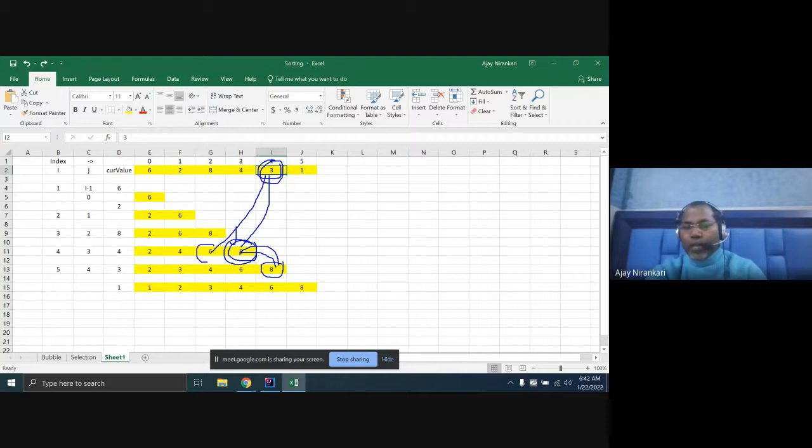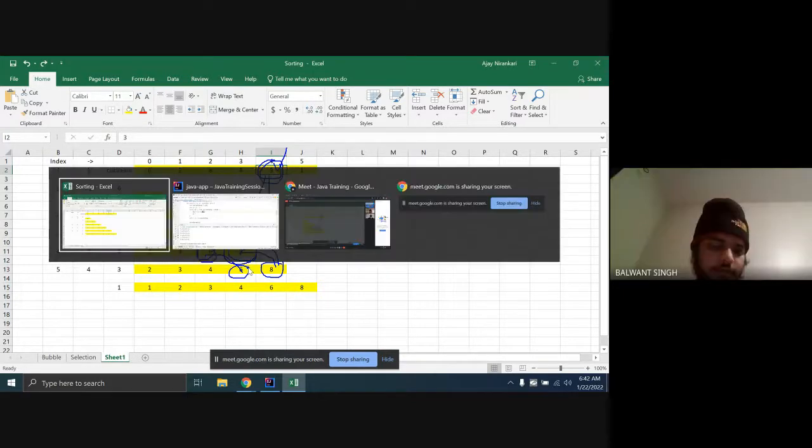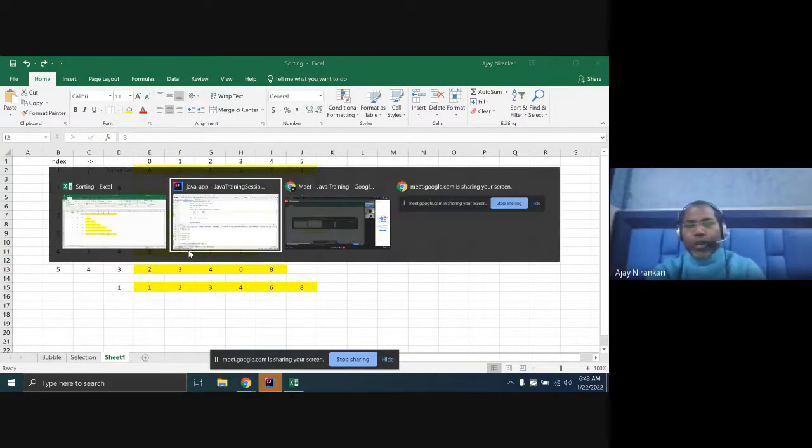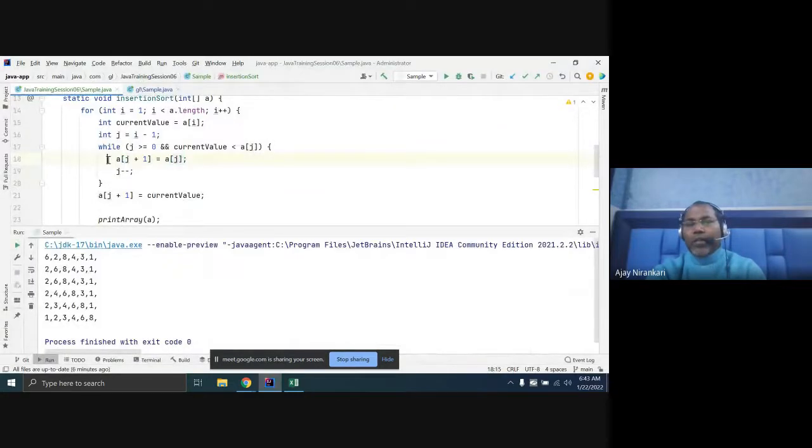You are comparing a of j to the 3. Again it's less than, then you have to place a of j to the plus 1 value. Are you getting? Yes. So this is the code we have written. If the current value is less, just place it one ahead.